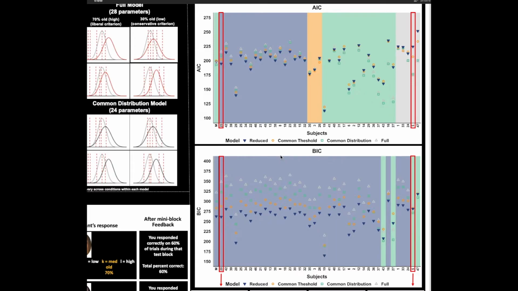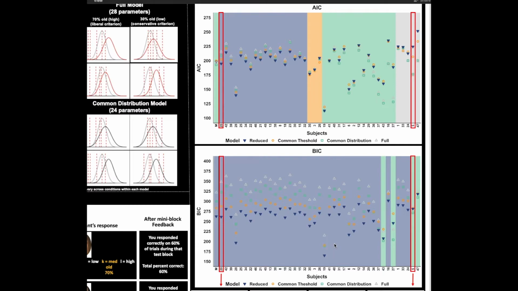model. However, when looking at BIC, which more heavily penalizes more parameters, almost all the subjects showed that the signal detection theory model was the best fitting model, with the exception of a handful of subjects in which the common distribution model turned out to be better. What this tells us is that signal detection theory is in general a good theory to model participants on, but